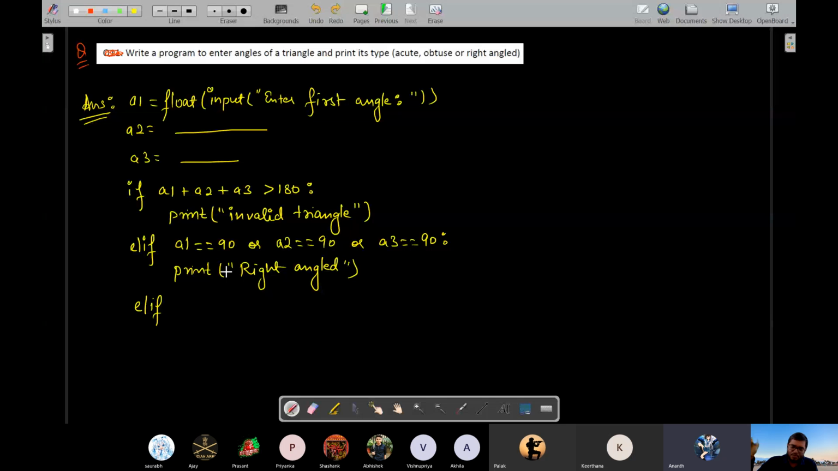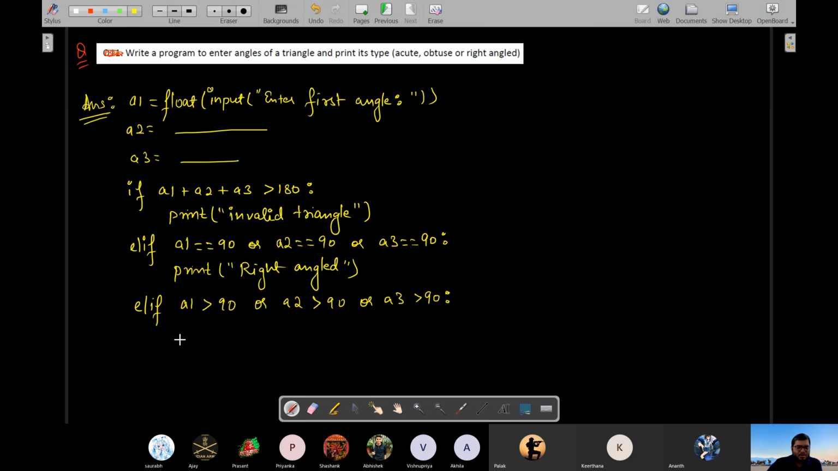No, sir. No possibility. No. So we'll check then obtuse. If it has come in this elif, then that means it is a valid triangle and at the same time not a right angle triangle. Then we'll check obtuse. So elif A1 is greater than 90 or A2 is greater than 90 or A3 is greater than 90,